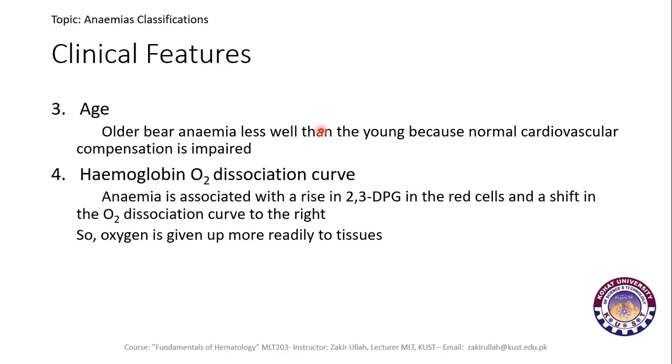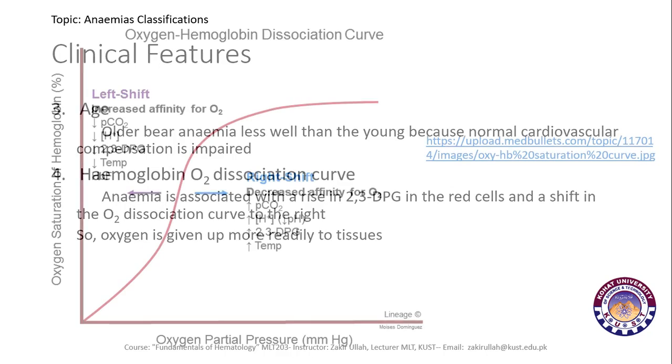The last point is the hemoglobin oxygen dissociation curve. In this condition, the anemia is associated with a rise in 2,3-diphosphoglyceric acid in the red cells, and this causes a shift in the oxygen dissociation curve to the right. When the curve shifts to the right, the oxygen is given up more easily and more quickly to the tissue. For example,